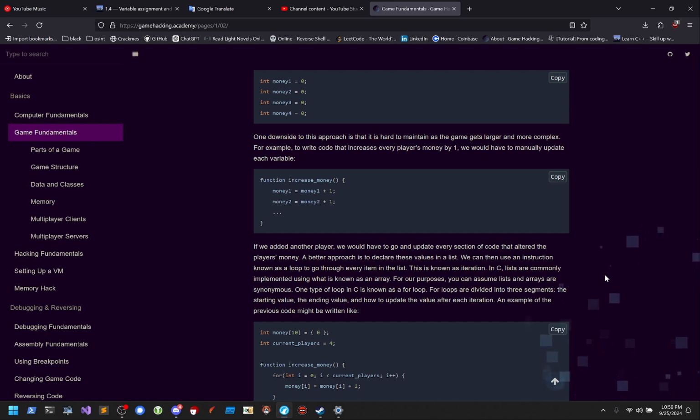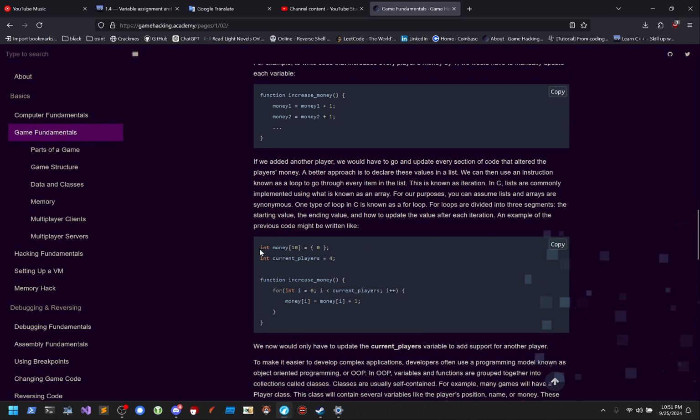You can use them in an instruction known as a loop to go through every item in the list. This is known as iteration. In C, lists are commonly implemented using what is known as an array. For our purposes, you can assume lists and arrays are synonymous. One type of loop in C is known as a for loop. For loops are divided into 3 segments: the starting value, the ending value, and how to update the value after each iteration. An example of the previous code might be written like int array money with 10